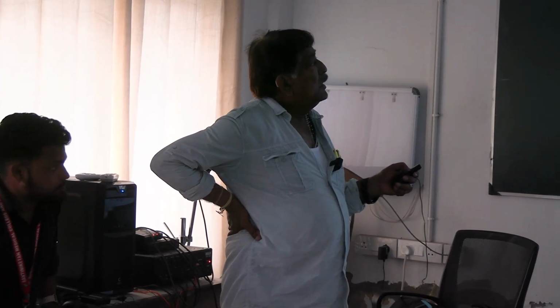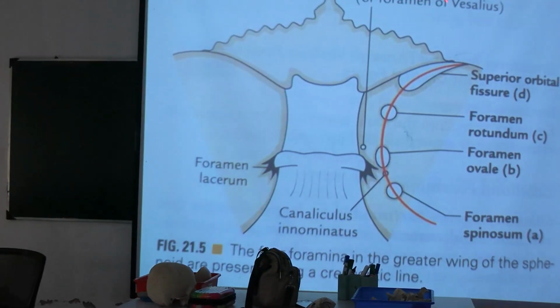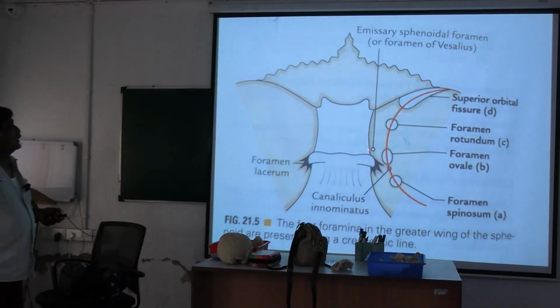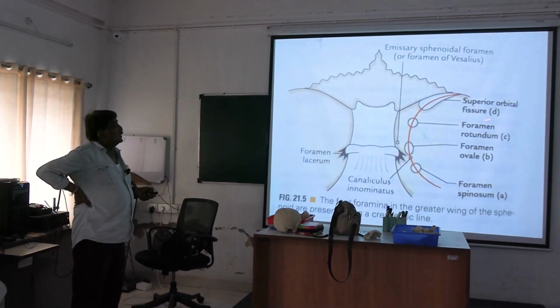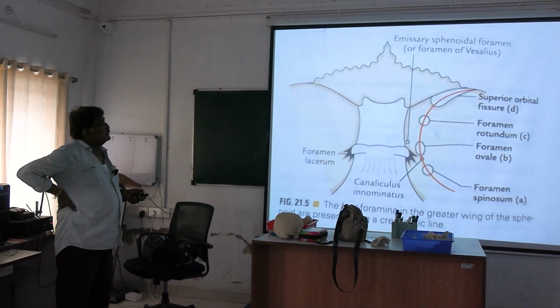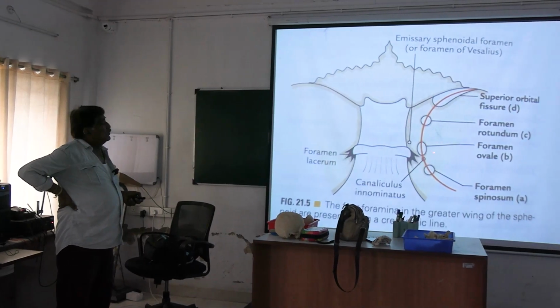Now, see the diagrammatic picture. This is the emissary sphenoidal foramen of Vesalius. This is the superior orbital fissure, foramen rotundum, foramen ovale,